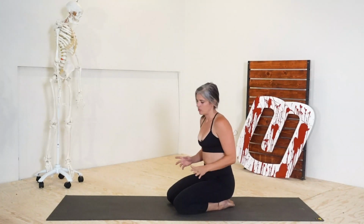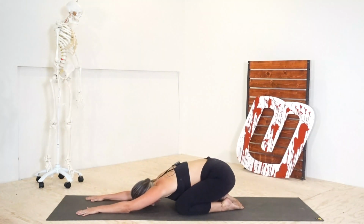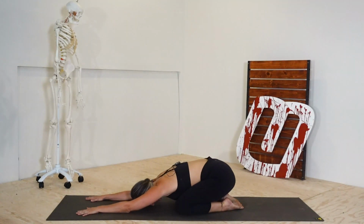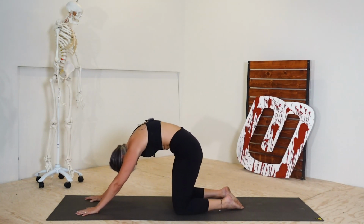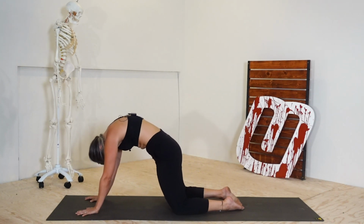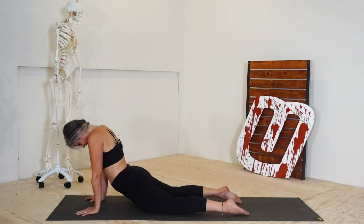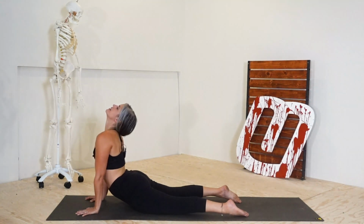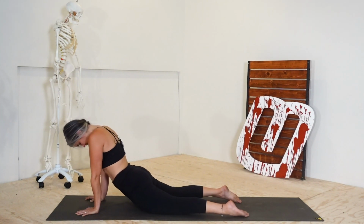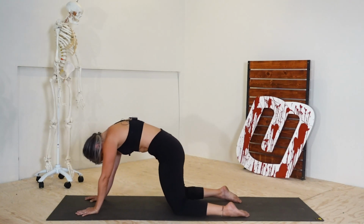Now, if that is very, very difficult for you, if maybe you've got some pinching in your shoulders, or for some reason you're not able to do that, there's a modification you can do. It takes some of the more intense parts out of the equation. You're going to start back here where you began. You're going to then curve your spine, tucking your pelvis, keeping your chin tucked into the chest. Float the hips forward and lower them to the ground, and then uncurl the chin. Look up into the sky, get those shoulders out of the ears. Reverse it, tuck chin to chest, tuck the core. Make sure your pelvis is tucked posterior here and your core is tucked. Floating back,